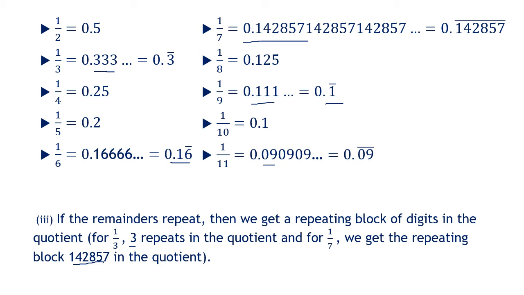The bar means that the number is repeating. So what did you observe so far? All these fractions were written in which form? The P by Q form. I converted the rational number into a decimal form. So what is a rational number again? A rational number is written in the P upon Q form where Q is not equal to 0. So all these numbers were rational numbers.